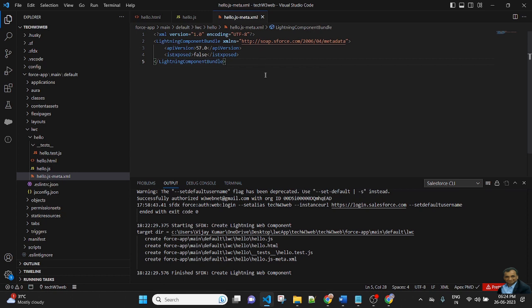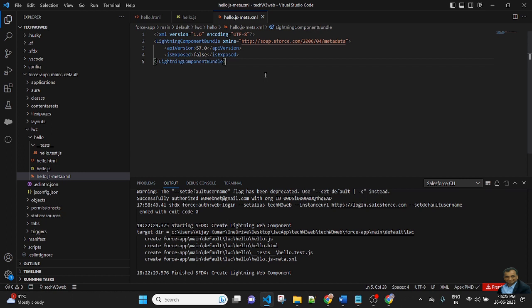The meta XML is a file where we can define where this file will be deployed. We need to give access, we need to expose the file. We can expose this file to the home page, record page, detail page, dashboard.